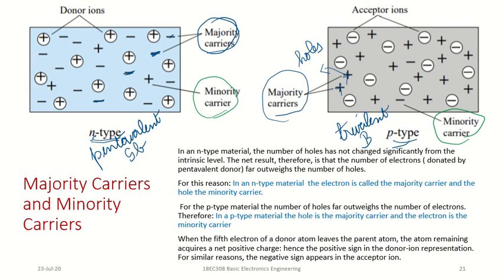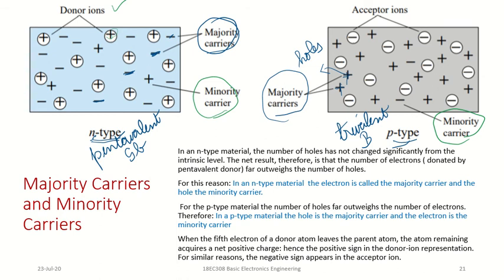And this donor ion, remember, I am indicating as positive. Why am I indicating it as positive? Because once it donates an electron, when the electron is given, there is a shortage of electron, right? The electron went out, negative went outside, which means it becomes positive. That is why I have mentioned the donor ion as positive. Similarly, when I accept an electron, what happens? The hole is ready to accept an electron. When it accepts an electron, it becomes negative. That's why I mentioned the acceptor ion as negative.